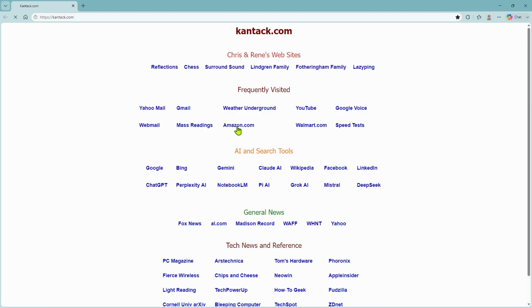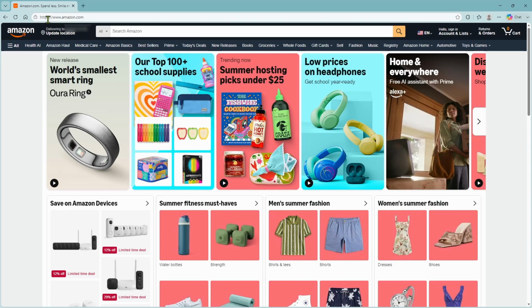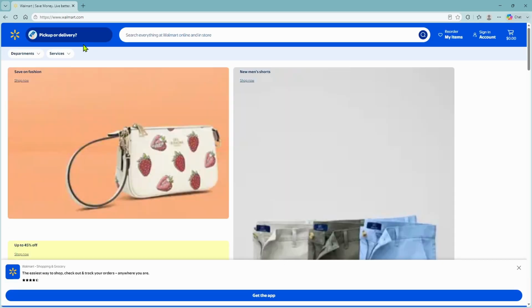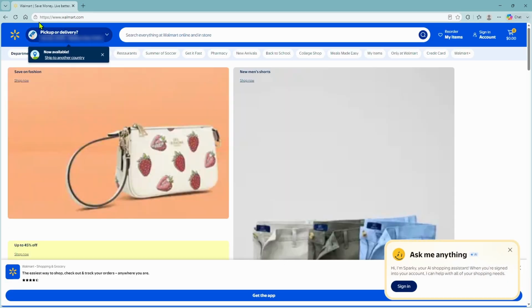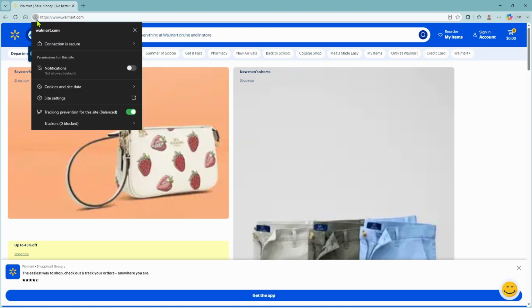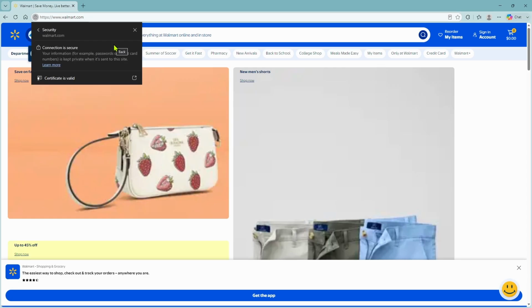You can go out to Amazon. Notice HTTPS and this padlock. I can go to Walmart, HTTPS, and the padlock. Any website will show you this icon. Any website worth its salt anyway. 99% of all websites are fully encrypted. If I click on this padlock, notice here I get connection is secure. If I expand that,